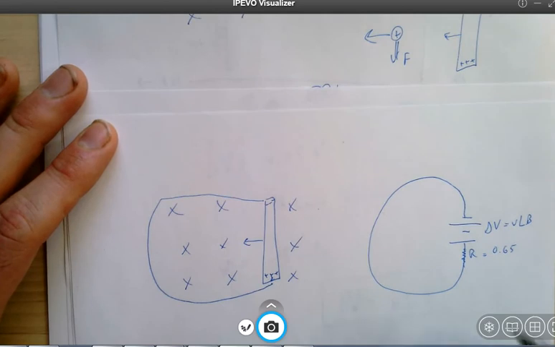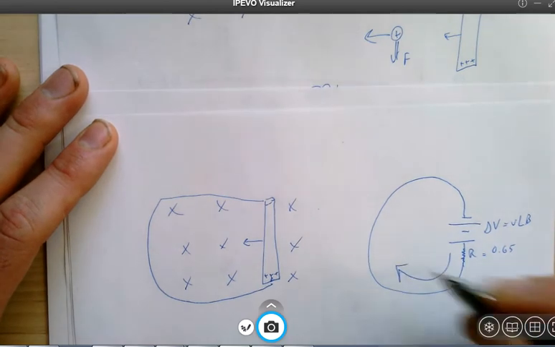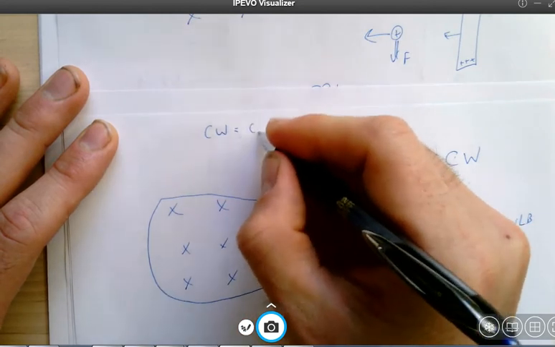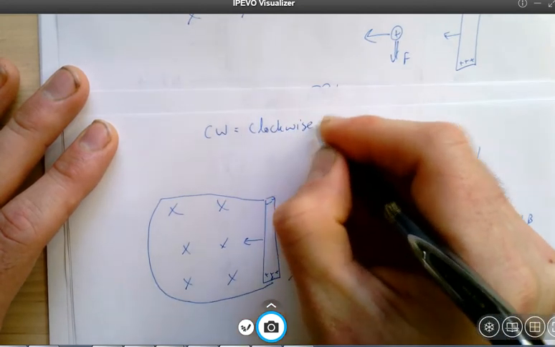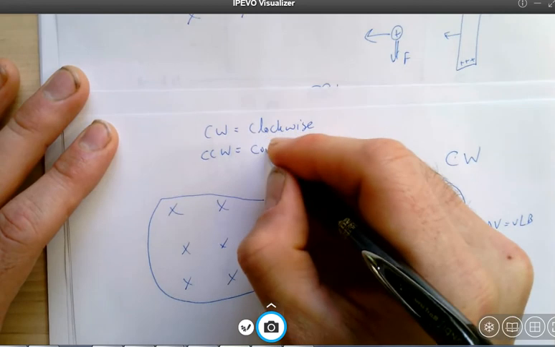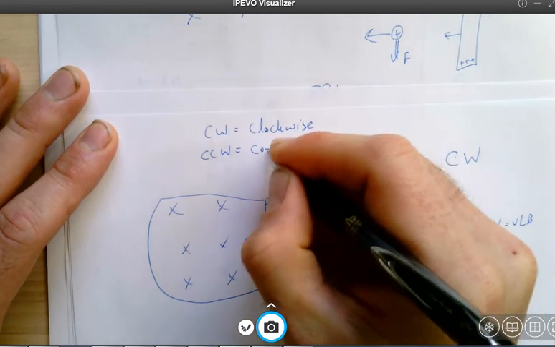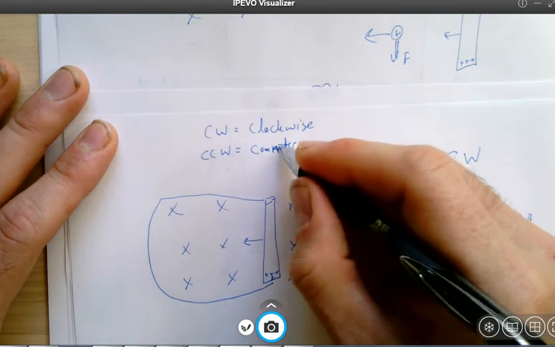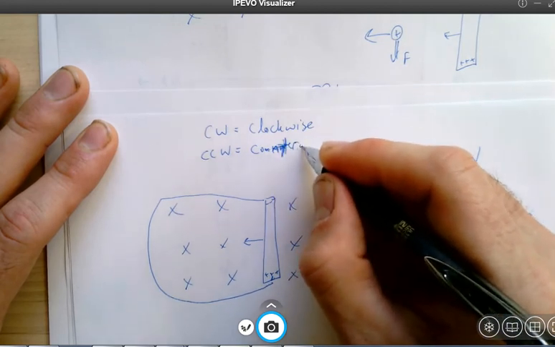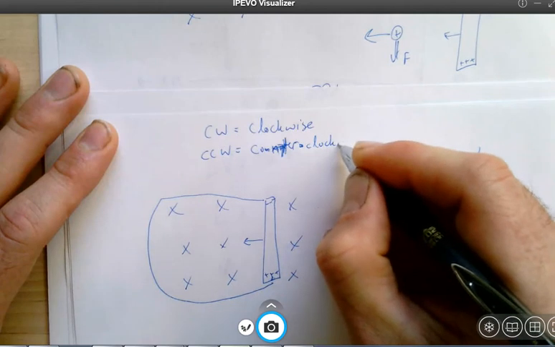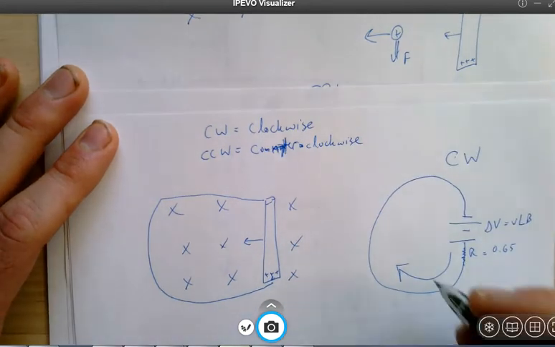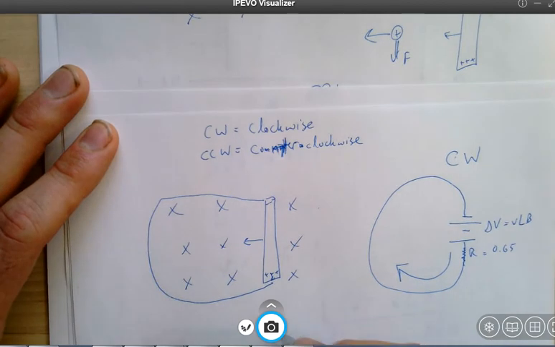So we can figure out now that the current is going to be going in the clockwise direction. We'll write clockwise as CW, and counterclockwise we'll write as CCW. So this is going to be a clockwise current here,